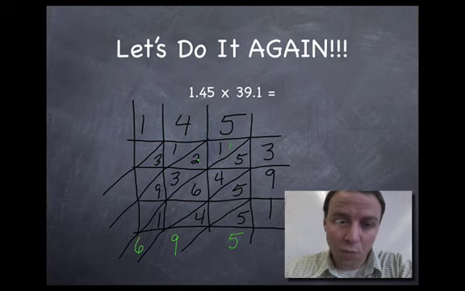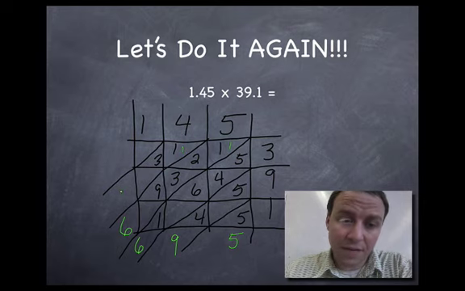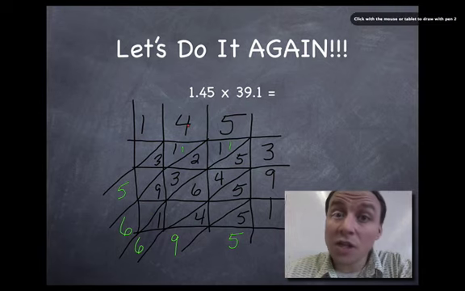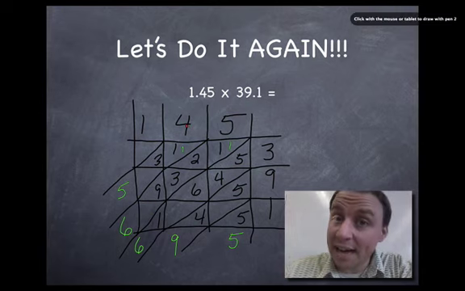1 plus 1 is 2. Plus 2 is 4. Plus 3 is 7. Plus 9 is 16. Put down the 6. Carry the 1. 1 plus 1 is 2. Plus 3 is 5. Okay, so now we're going to go back and count the numbers behind the decimal points,